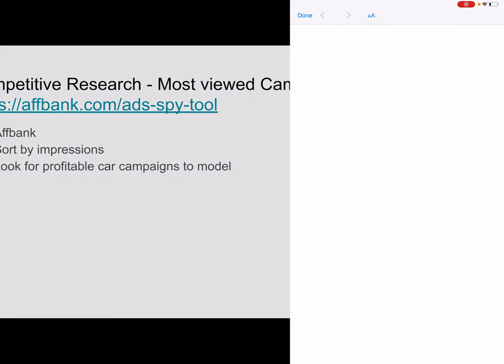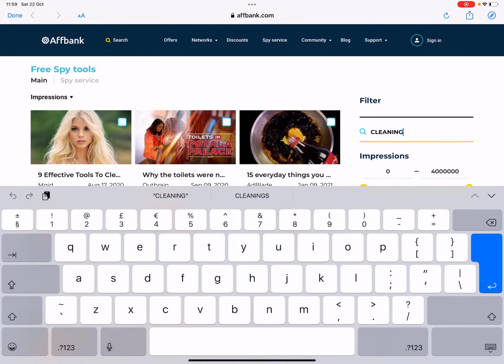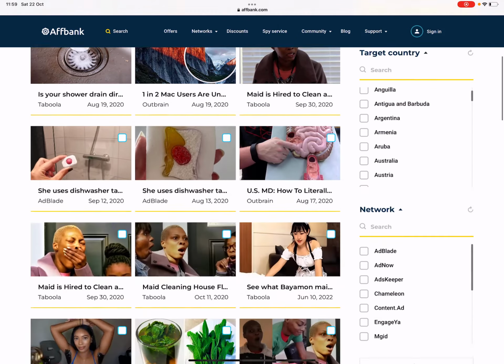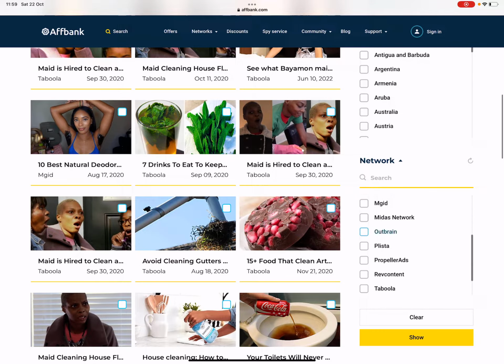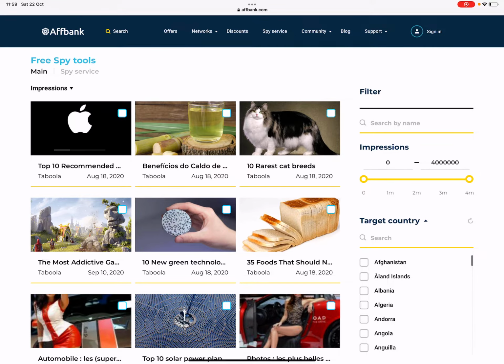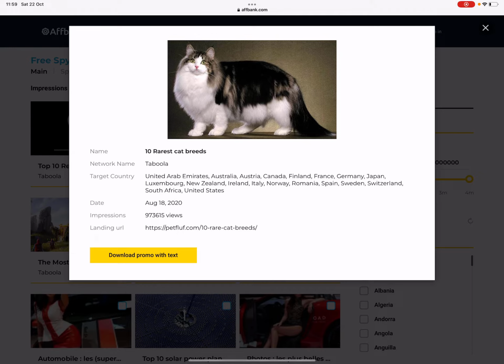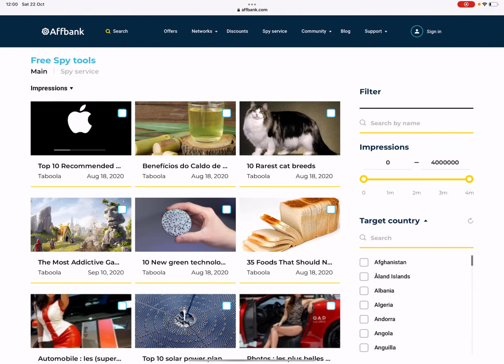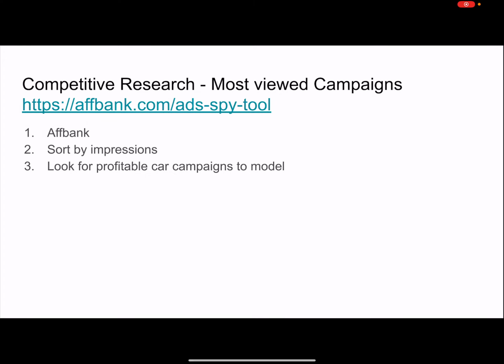So you also have the generic way of doing it, where you sort by most impressions, Taboola, and this will give you an idea of some of the biggest campaigns in your market or markets overall that you can model. If we take a look at this campaign, it's almost been seen 1 million times. So imagine if you modeled these kinds of campaigns and launched them, you'll be super successful with your Taboola AdSense businesses. One of the key ingredients of success is modeling. Modeling is so important because it allows you to speed up the success: you find what works, you model what works, like those ads, you make them better, and you make more money.